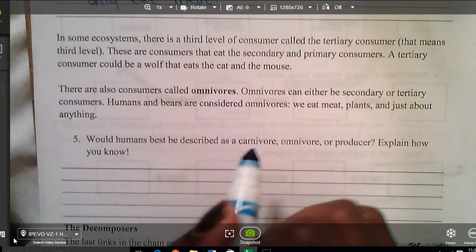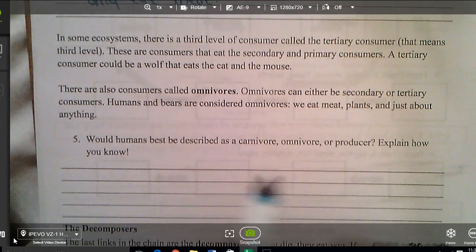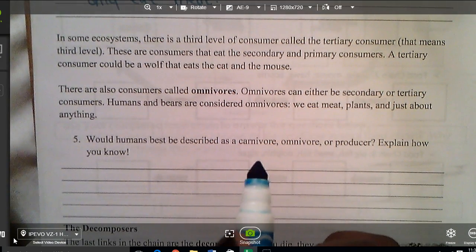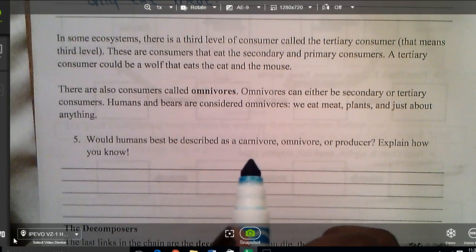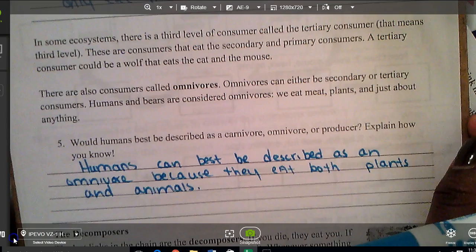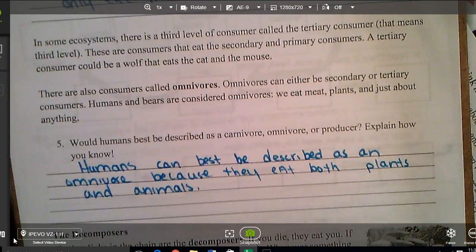Would humans best be described as a carnivore, omnivore, or producer? Explain how you know. Thumbs up, answer that question, silent and solo, go. Humans can best be described as an omnivore because they eat both plants and animals. Let's take a look at our last part of the text,